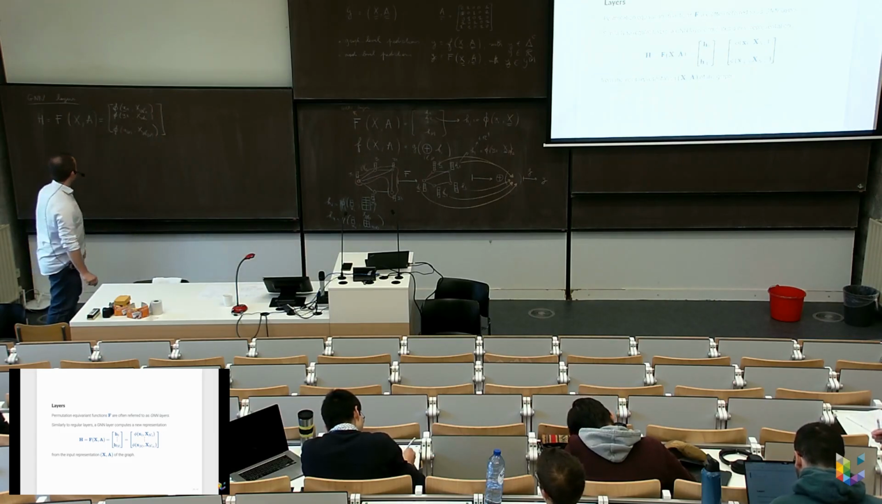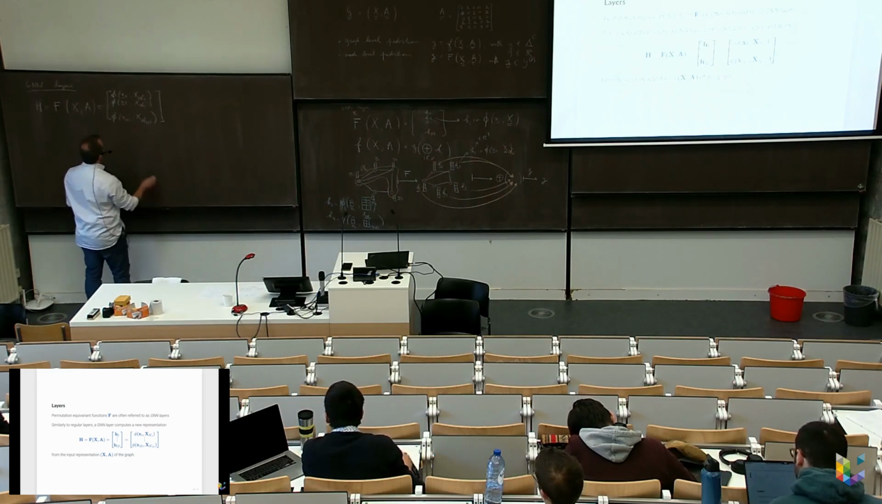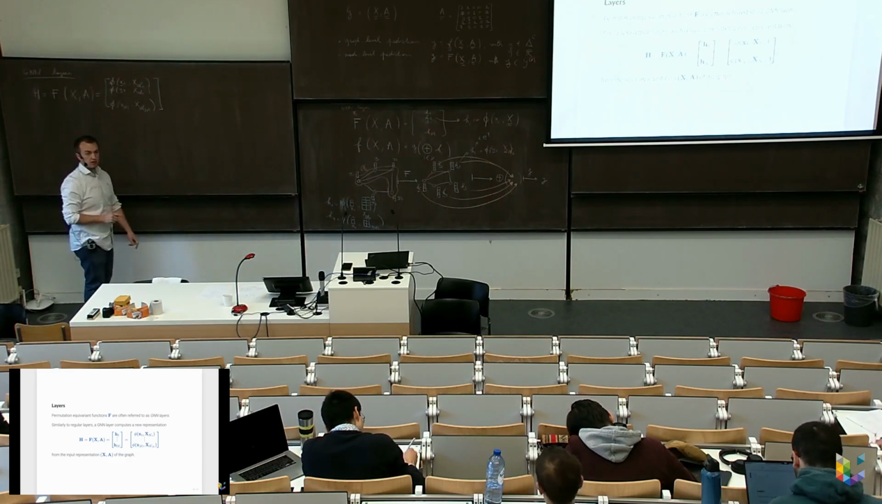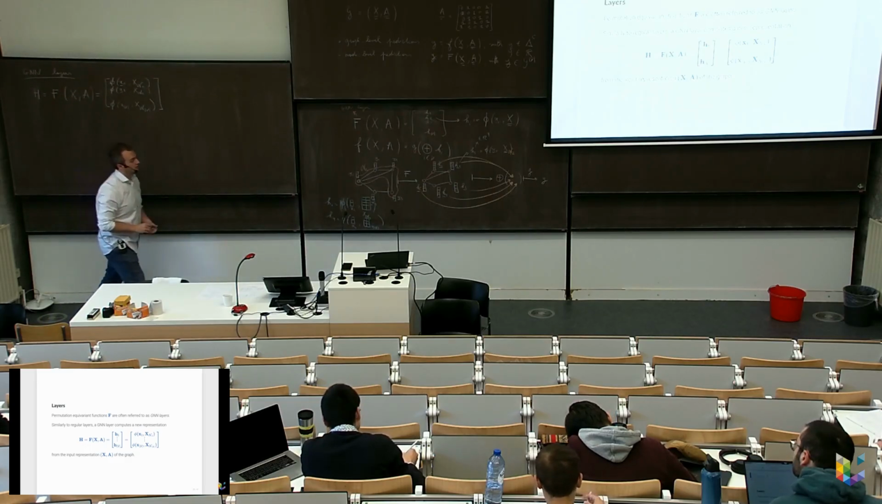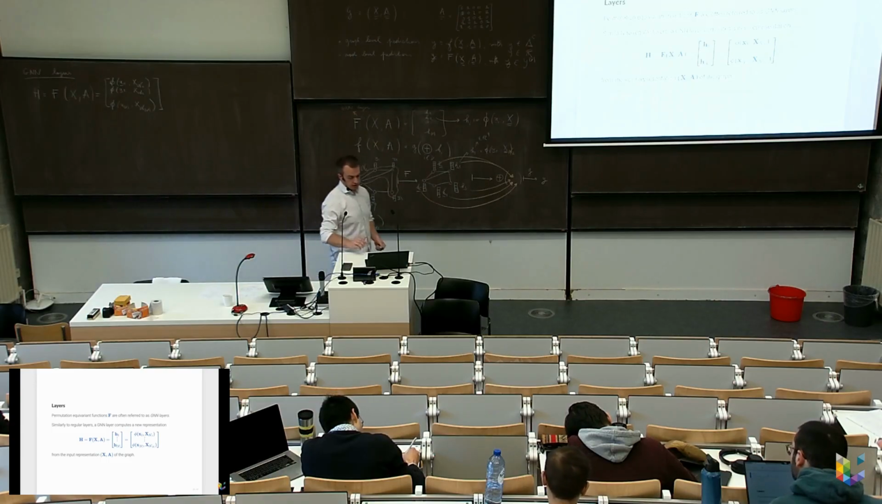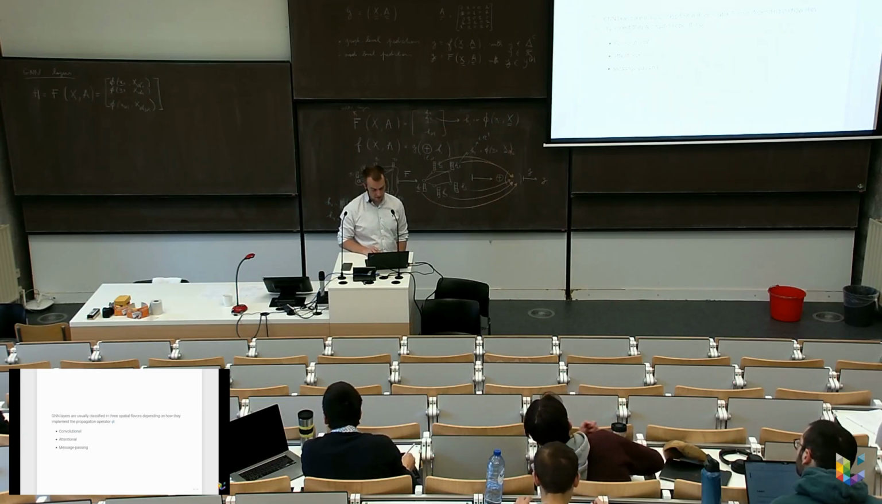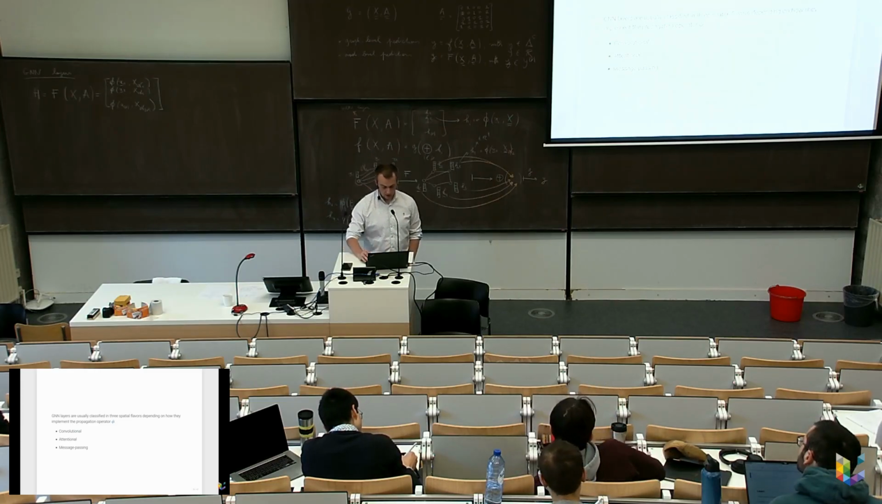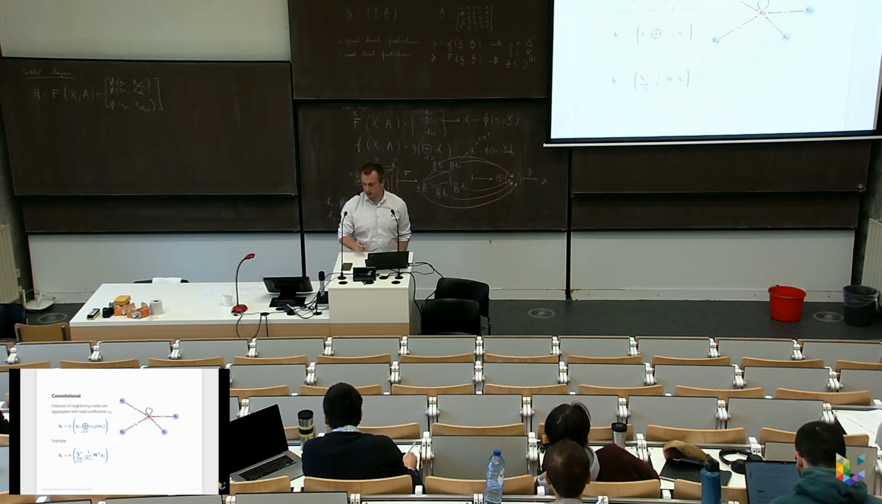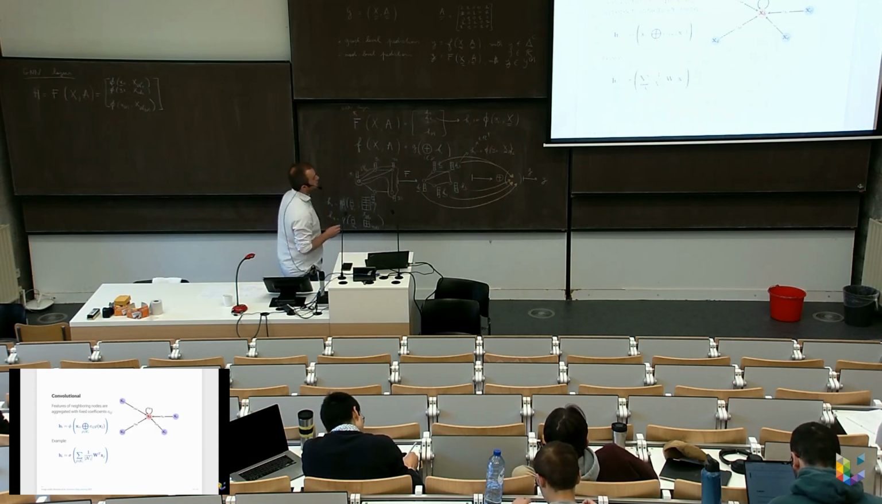All right. So now we see how we can actually implement phi. We'll see three kinds of what we call propagation operators for phi. We'll see convolutional, attentional, and message passing implementations. The first one is certainly the simplest. It is what we call the convolutional